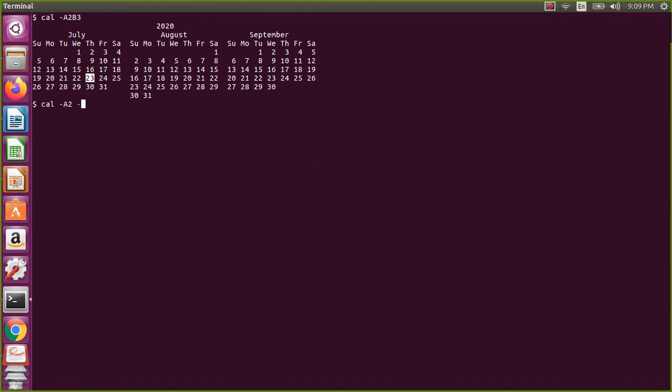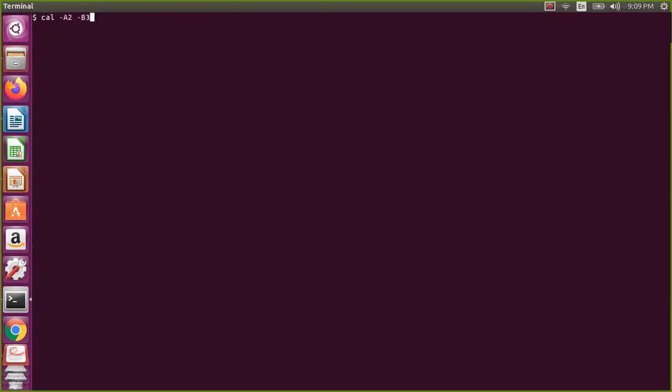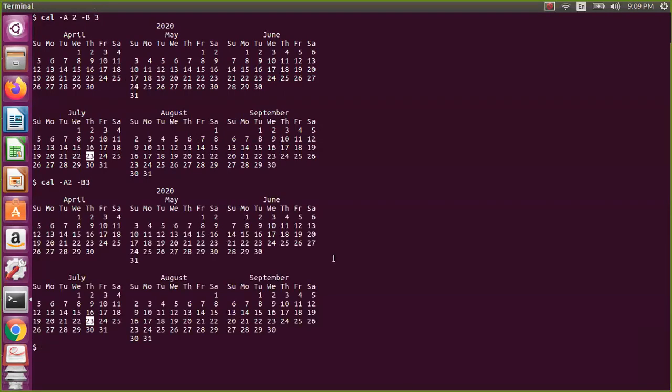This is only taking three things. Okay, so this is the current month, 2 months after the current month, and 3 months before the current month. That's what we have. Now you can see here how it is displayed: you have clubbed two options. There is no need to give the space, but it's better to give the space so that you have a clear picture. But this is also accepted. So you can enter multiple options.